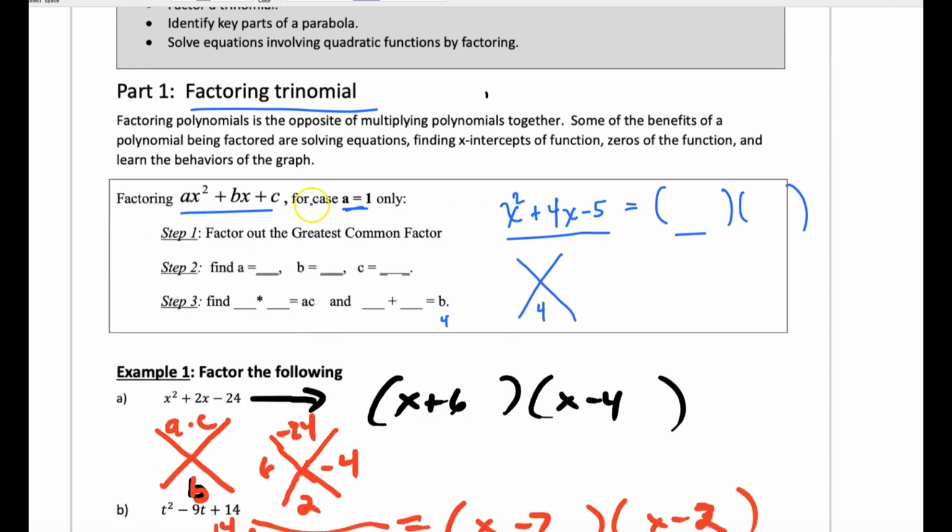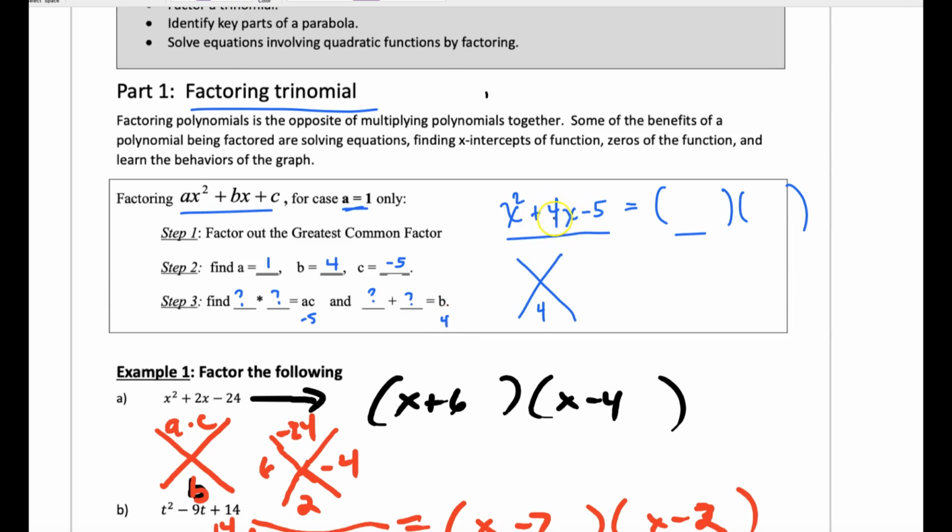And the first example is when we have a quadratic or trinomial when the a is equal to 1. That'll be our first thing. So we really don't have to do anything on step 1. It automatically goes to step 2. Your a is 1, your b is 4, and your c is -5. And what you're asking yourself is what times what equals -5? So you're looking for some number times some number equals -5, and that same number plus that number equals 4,